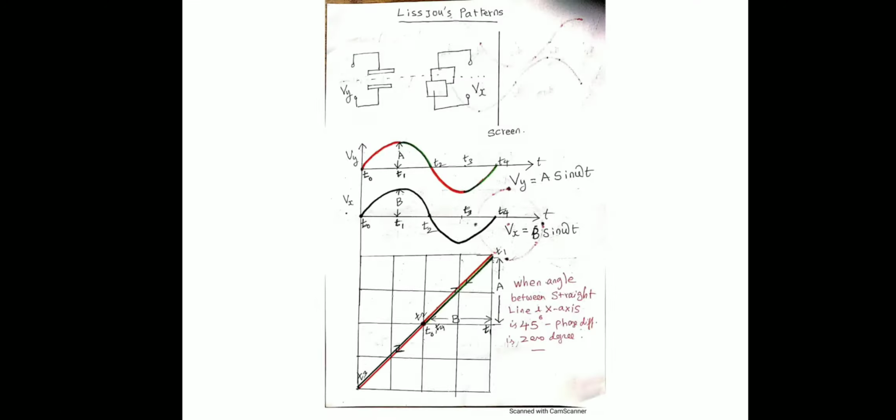Now see, to display the waveform on the screen, we must give the ramp signal to the horizontal deflection plates, and the signal to be viewed is given to the vertical deflection plates. But what happens when you give two sinusoidal signals to the horizontal deflection plates and the vertical deflection plates, right? For example, if I want to measure the phase angle difference between the two waveforms, two sinusoidal waveforms.